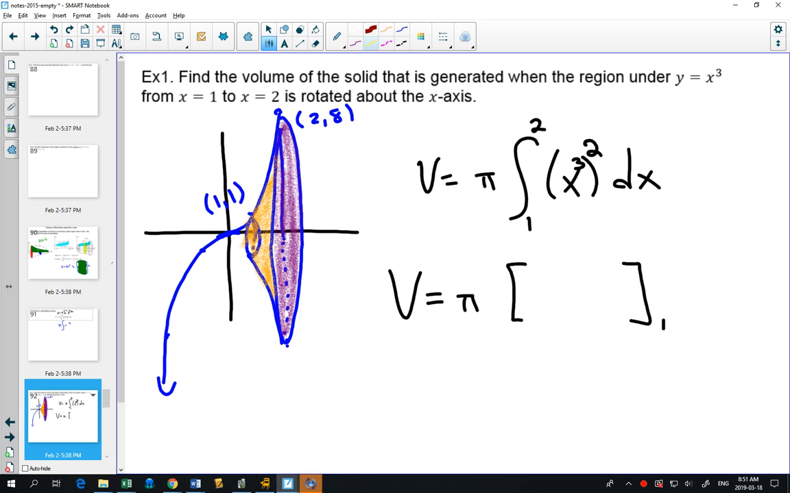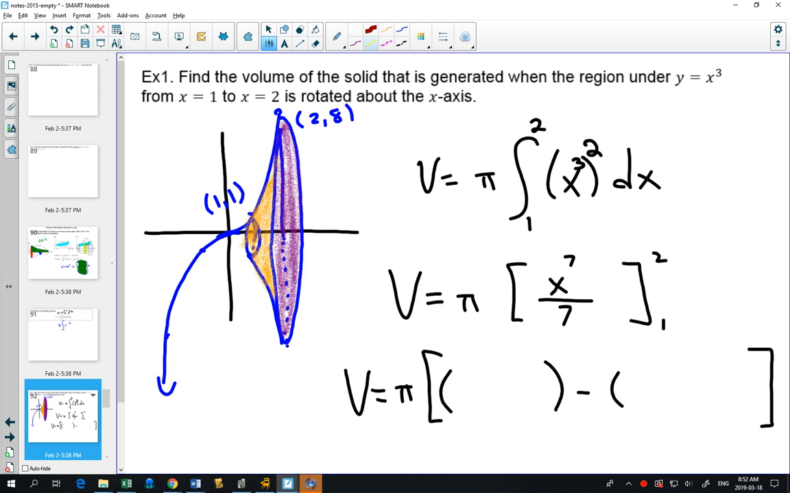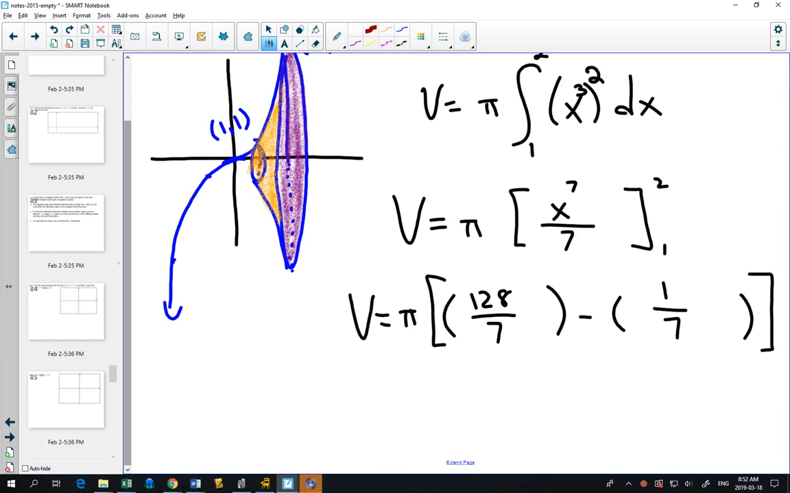So this is the definite integral from 1 to 2. It's going to be x to the 6th. That's a really easy integral to figure out. Add 1 to the exponent and divide. So notice I'm keeping my pi factored out. With your definite integral, you do one subtract the other: plug in 2. 2 to the 7 is 128. Plug in 1. And we get,